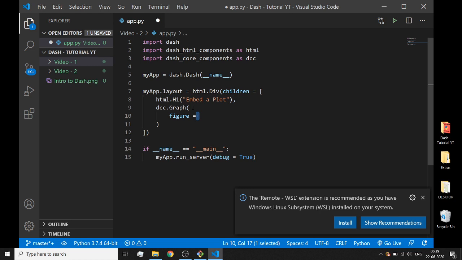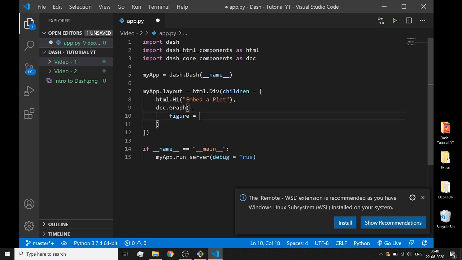The first one is you can create figures from scratch by specifying everything separately, and that method is known as graph objects. Another method is Plotly Express. Plotly Express gives you an easy way to create the same plots, but ultimately what you are creating is a figure object.